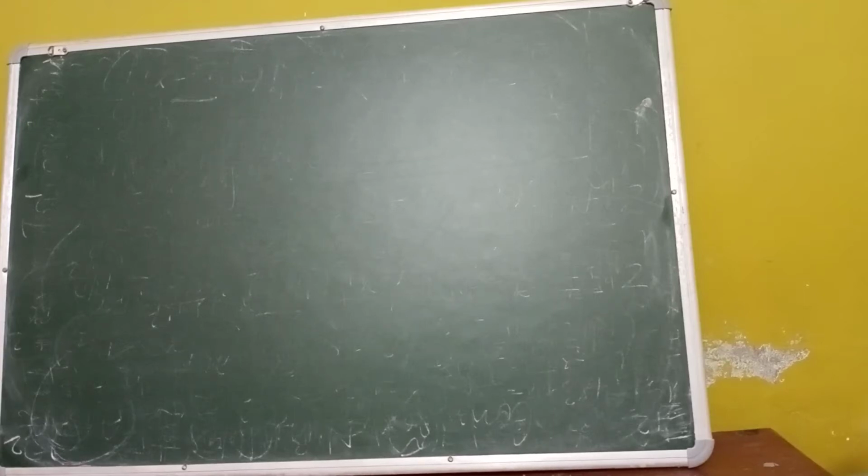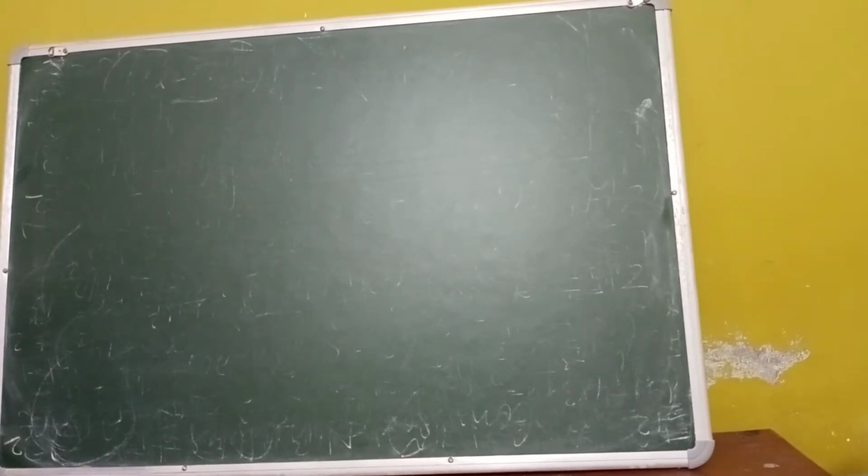Here we are back again with chapter number 9, complex numbers, and exercise B. Here I am doing some of the questions to make the topic clear. So first I am doing question number 5, fifth part.